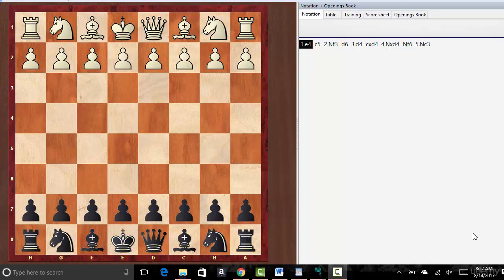And openings are super important, especially if you play online and you play a lot of blitz. Blitz can be a game as long as 15 minutes per side. 10 or 15 minutes is still considered blitz, and even going up to like 30 or 40 minutes per side, which means an hour long or greater game, is considered rapid. So traditional chess is a much longer format, and most people just don't have time to play a lot of long chess games. And so the openings have become even more important than ever before,